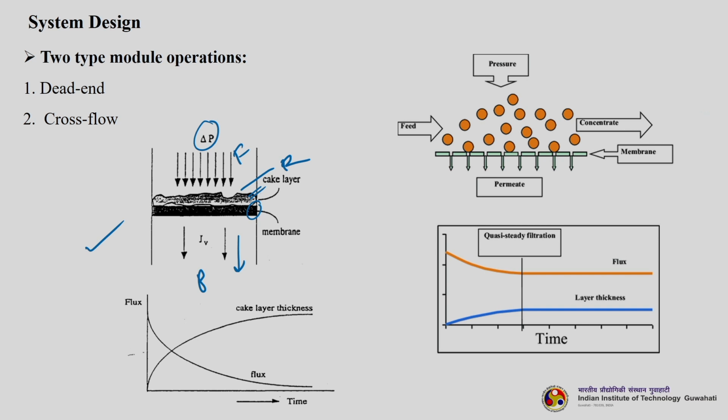The flux profile is a little better, or why cross flow is far better than dead end filtration. You can see there is no instantaneous decrease in this one; it is a more or less better profile, and the thicknesses are also complementary to each other. So, you can say that cross flow filtration is always better. However, dead end filtration is also used at lab scale to characterize membranes and to generate data.